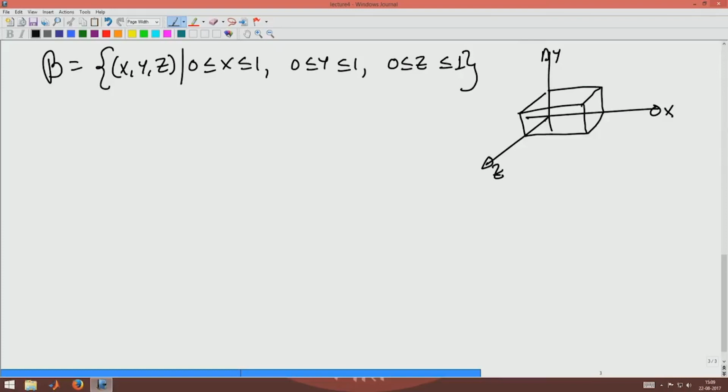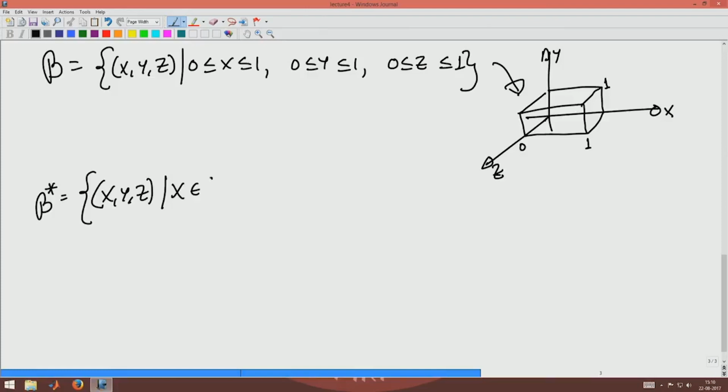So, with one of the corner points at the origin, if this is 0, this is 1, and say I am not drawing it to scale, this also is 1, this represents this body. On the other hand, I can write another body B star as the same Cartesian set of